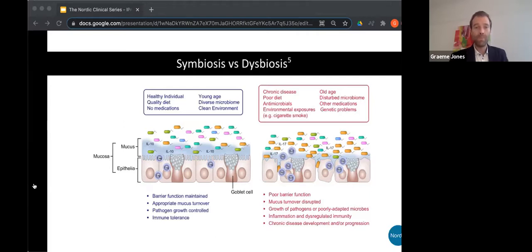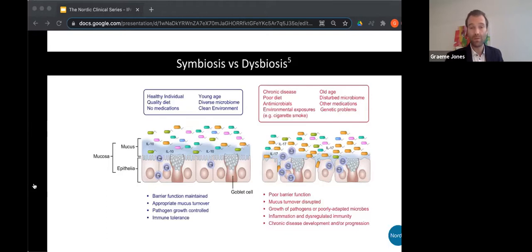And then of course, on the left still, we have pathogen growth controlled. We've got T regulatory cells controlling inflammation, and there's immune tolerance occurring. So of course, what contributes to that? Well, it happens that if you're a healthier person, then you're more likely to have a healthier barrier function going on. Avoidance of a Western diet,